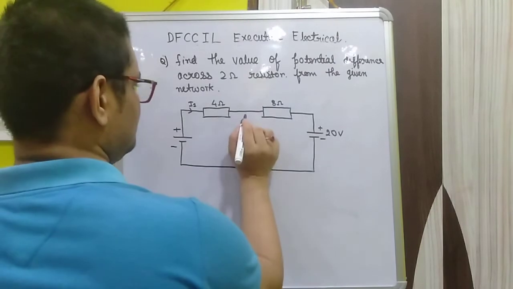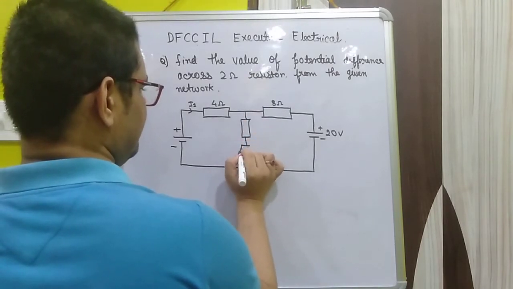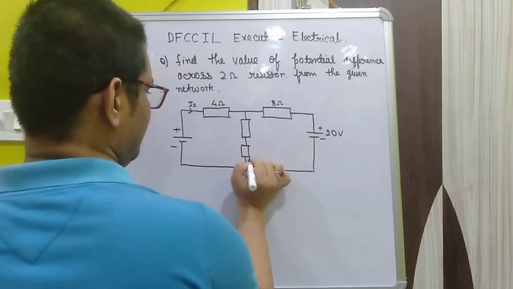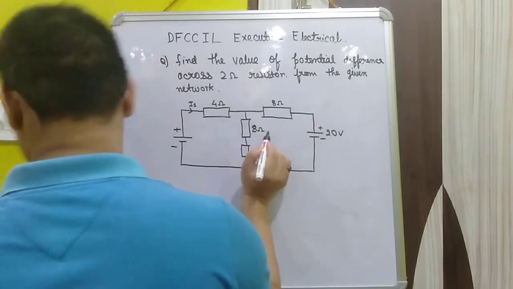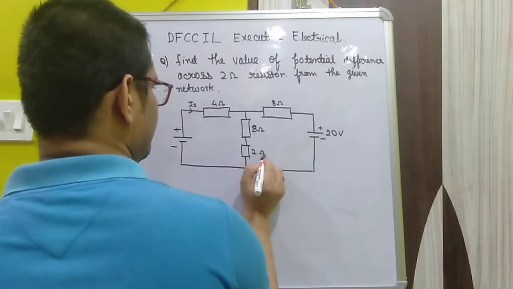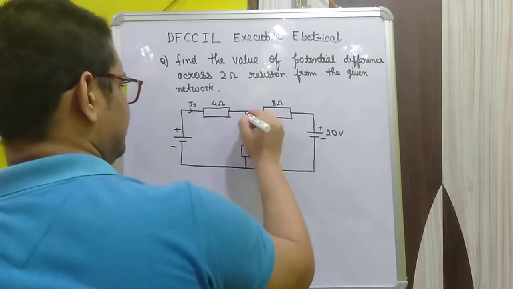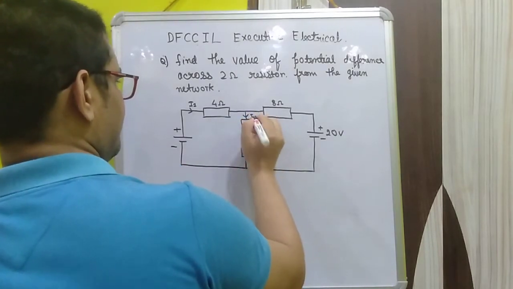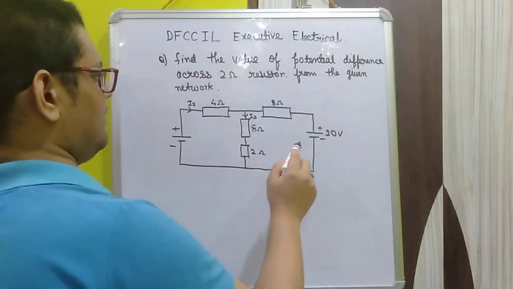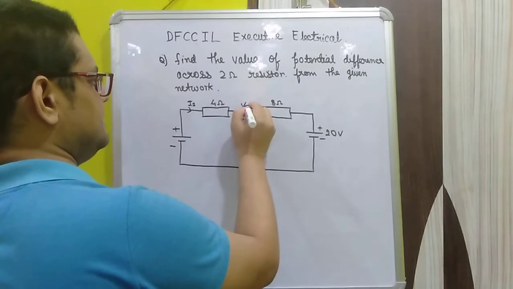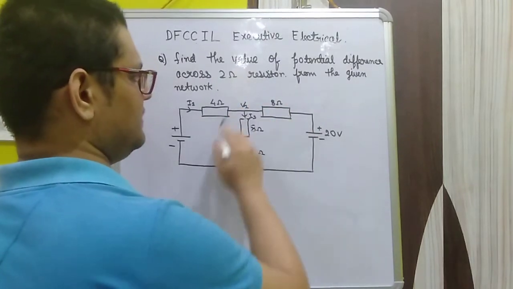And here are two resistances in series in between. The value of one resistance is 8 ohm, and this is 2 ohm. So now where will the current be over here? That is, here is I3. Now we try to calculate. We take the reference voltage the same as in the earlier numericals I had solved. So it will be the same.